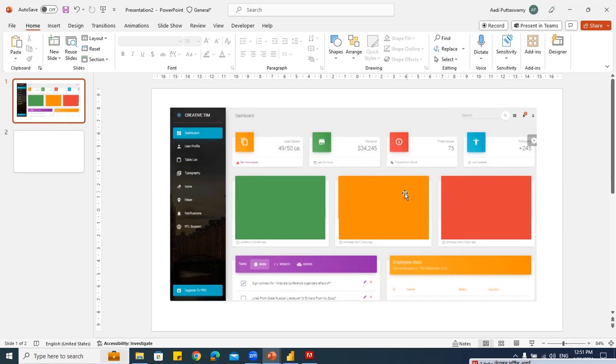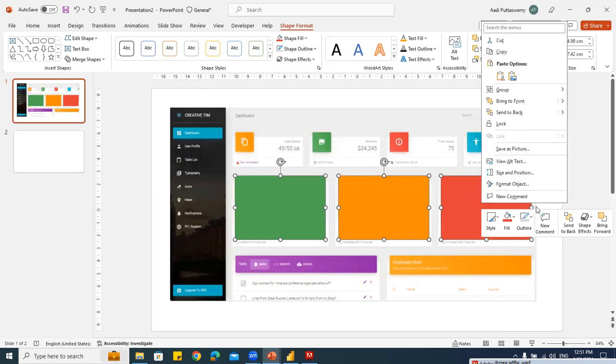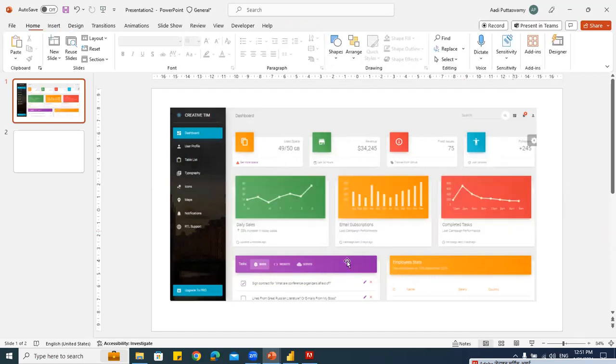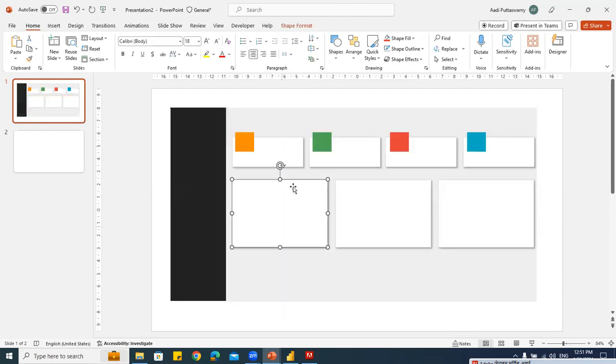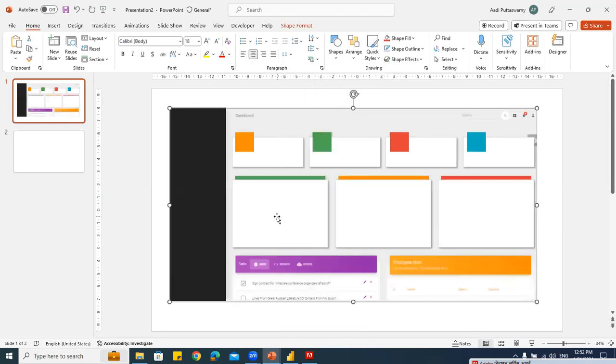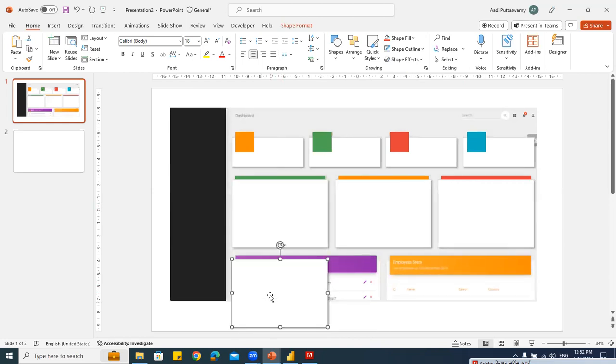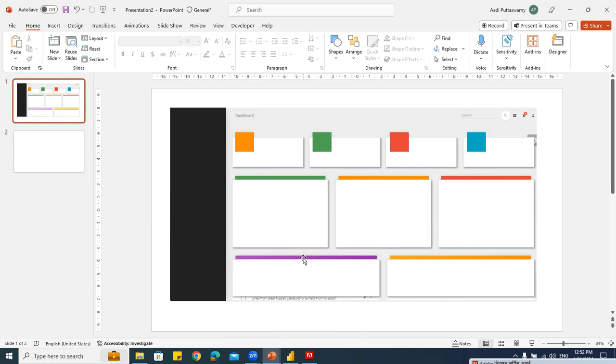All right. Now, let's say I want to do this as well. So what I'll do, let me just send it back. And this also I'll send it back. I have this white color thing. Okay. Let me send this back. Yeah. So I'll take this and I'll keep it here like this. And one more. We'll take like this. And if you want this color, then we can just take one shape